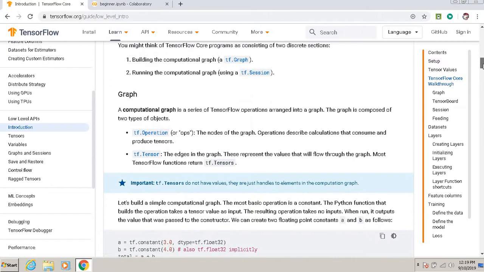So first thing is computational graph. When you create a model, you get a full graph. Computational graph is a series of TensorFlow operations arranged into a graph. The graph is composed of two types of objects, operations and tensors, right?